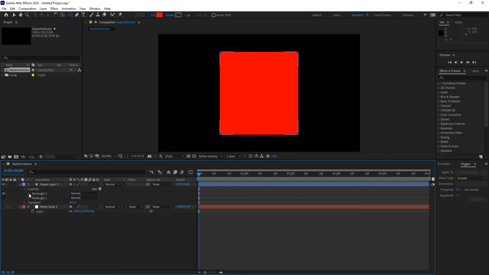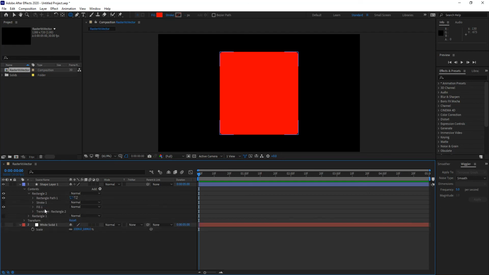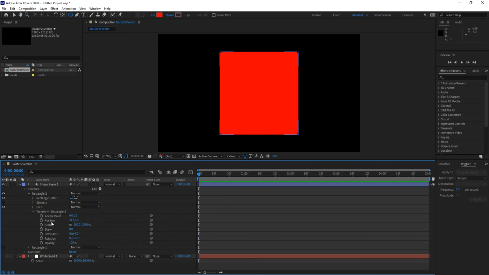So if you uncollapse those, you will have access to any of those properties within that shape layer independently, including things such as anchor point, position, scale, all of the things that we had available at the upper level layer level up here, all the way at the shape layer level, we have for each one of the contents within that layer, which means you can independently animate those shapes within one single layer, which saves you a lot of